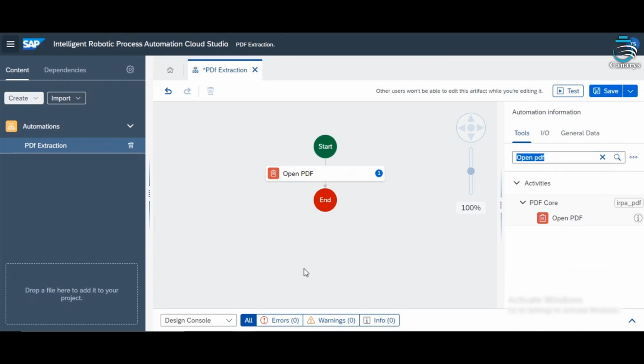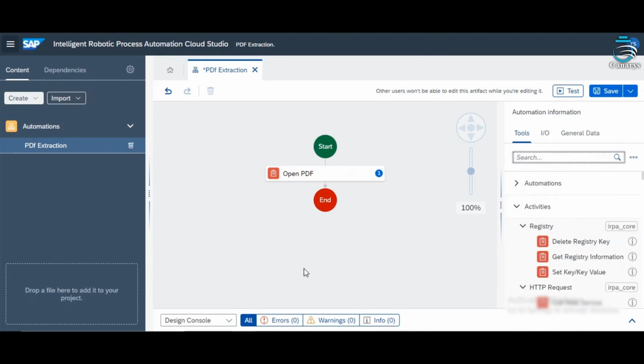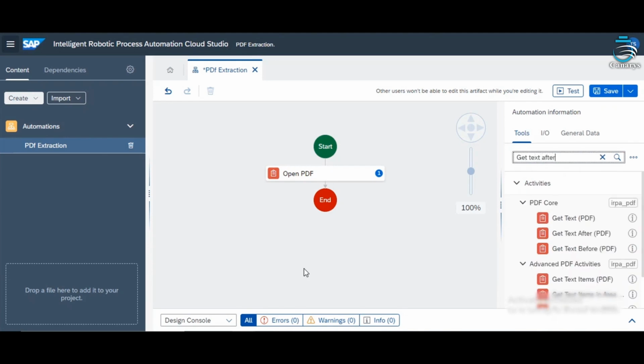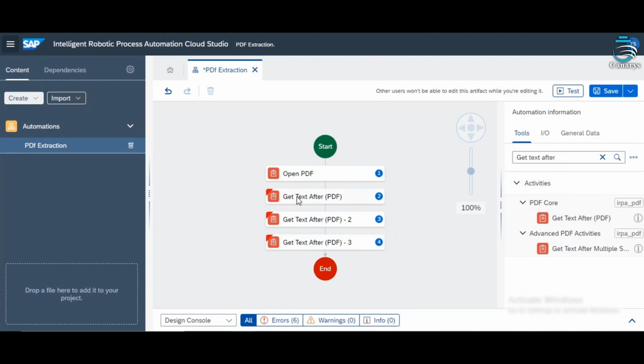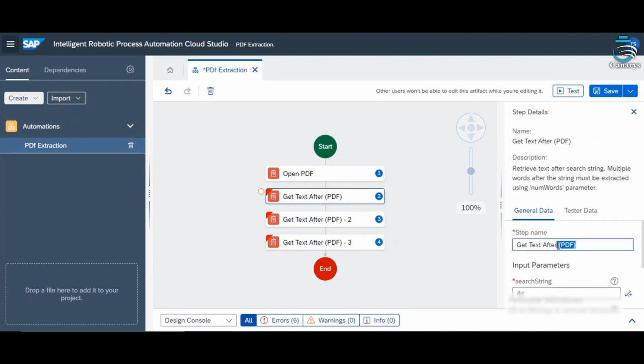After that, I'm extracting some fields from the PDF. So you need to give the get text after activity. So I'm extracting 3 columns from the PDF which I'm having. So this I'll be modifying as order ID.